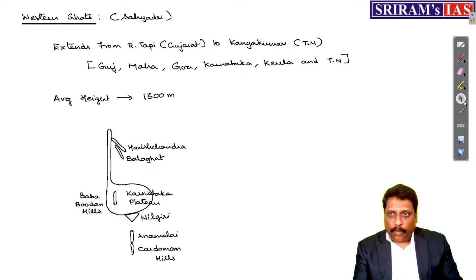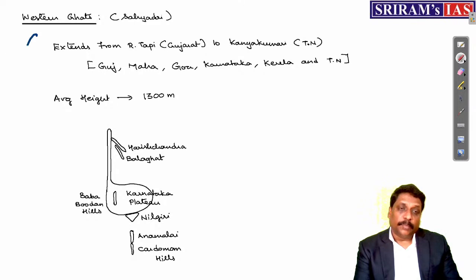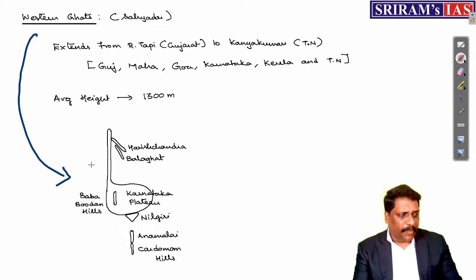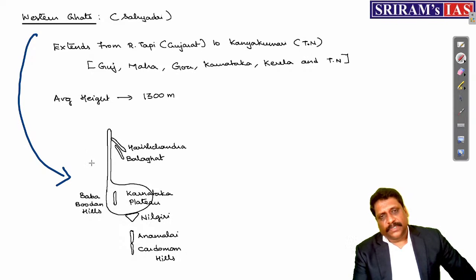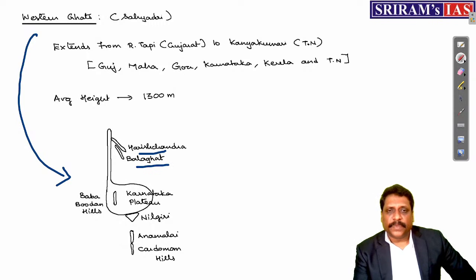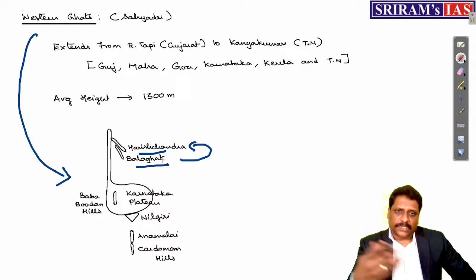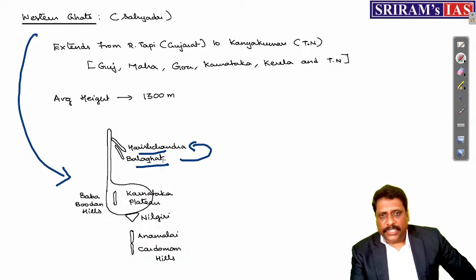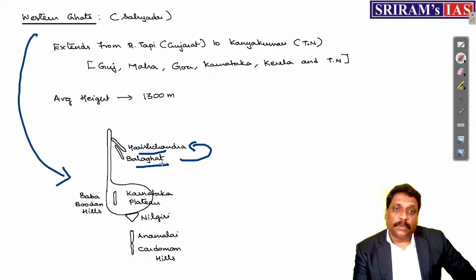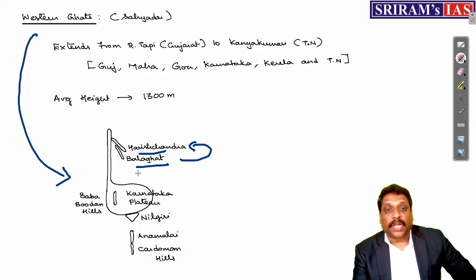Right. Now, when I talk about the Western Ghats, my dear friends, the Western Ghats is not one mountain. A series of mountains are part and parcel of the Western Ghats. What are the mountains that are part of the Western Ghats, if you ask me? For example, if you're in Maharashtra, you find the Harishchandra range and the Balaghat range. One small correction: in your atlas, Balaghat will be slightly north and Harishchandra slightly south, but it changes from atlas to atlas, as the representation changes. So the Harishchandra and Balaghat ranges are more a part of Maharashtra.